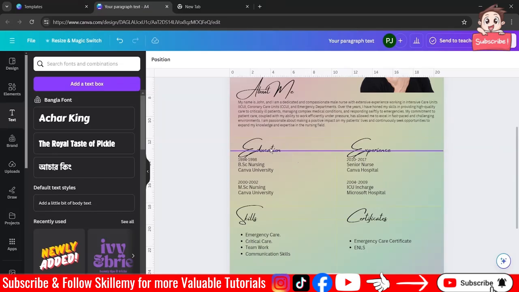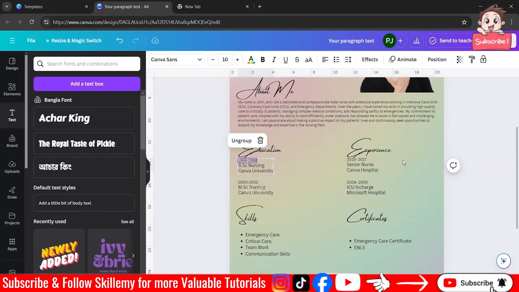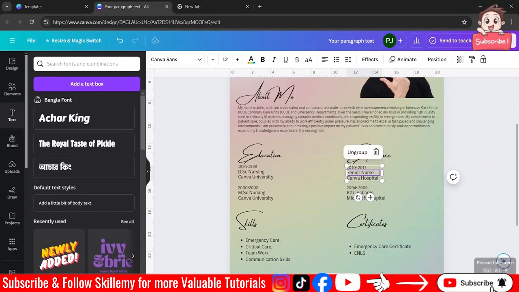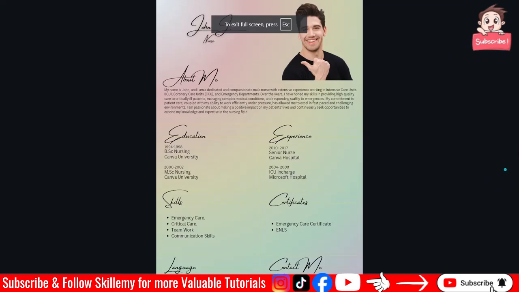You can adjust this one a little bit if you want to adjust. Let's bring this down. For this also we'll bring it down. And now it's ready. Let's view this one. So over here you can see your particular CV is ready. If you want to add a signature, you can add a signature. If you want to add some more details, you can just add some more details.